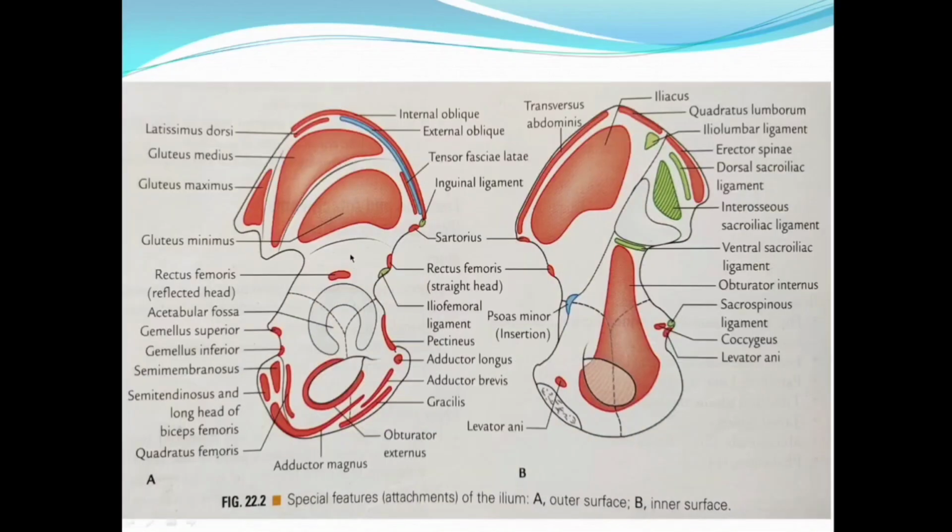This is another diagram. It shows the muscles arising from the hip bone. From above the posterior gluteal line arises the gluteus maximus, and in between the posterior gluteal line and the anterior gluteal line arises the gluteus medius, and in between the inferior gluteal line and the anterior gluteal line arises the gluteus minimus. Now we will understand in detail the origin, insertion, nerve supply and action of the major muscles of the gluteal region.